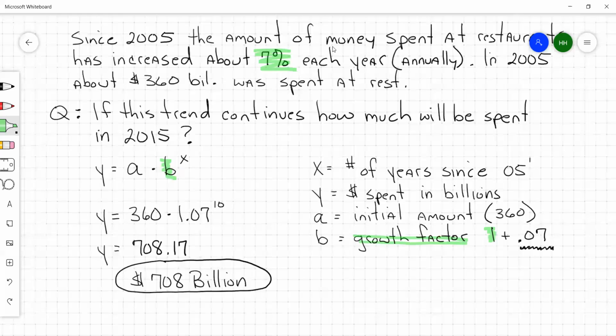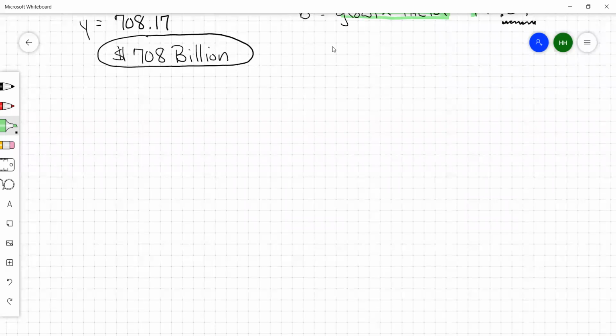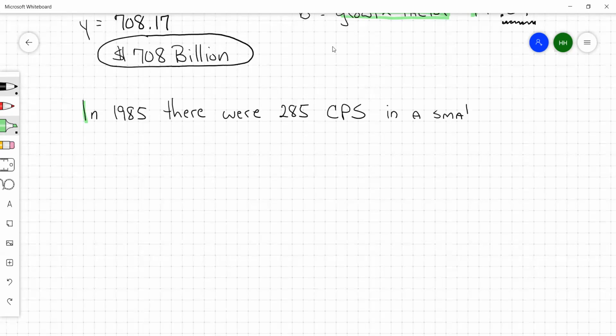All right, so let's take a look at this again. Let's say that in 1985, there were 285 cell phone subscribers in a small town. The number of subscribers increased by